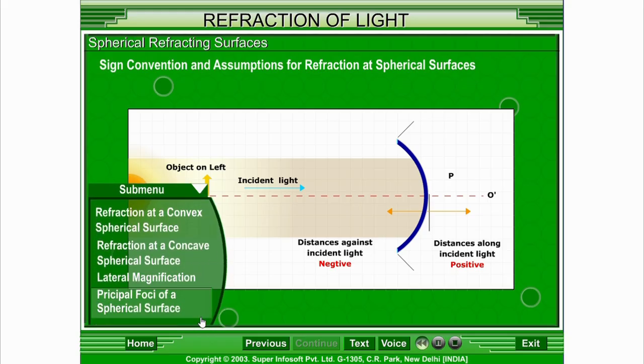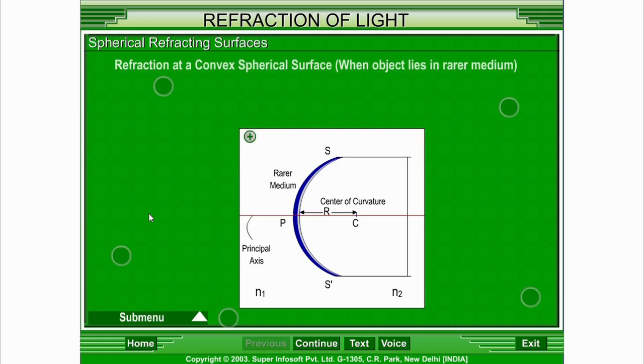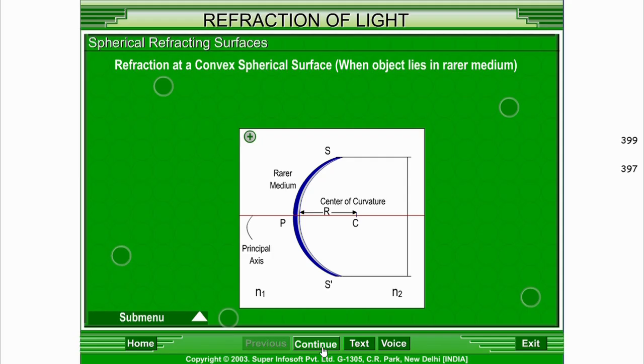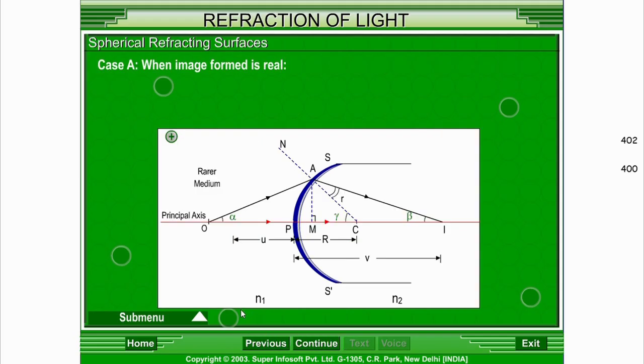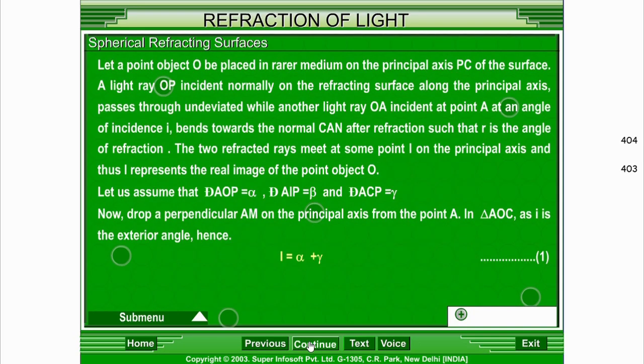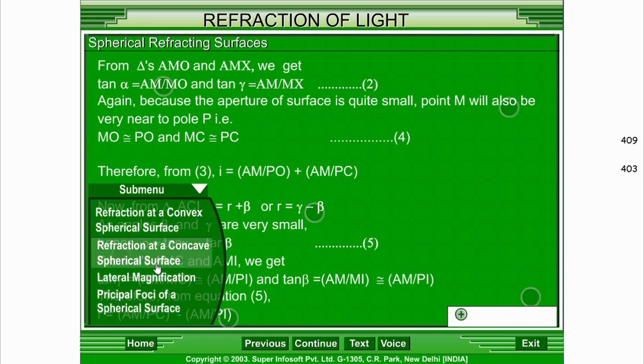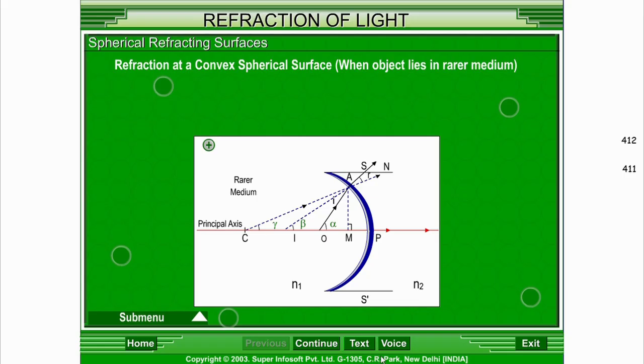I. To derive relations between distance of object, u, distance... refraction at a concave spherical surface, when